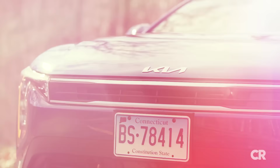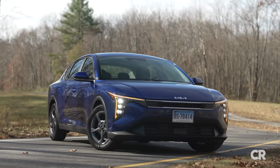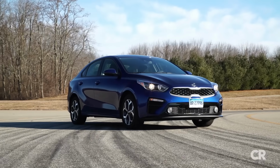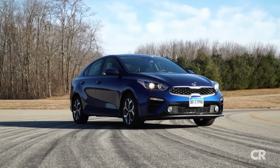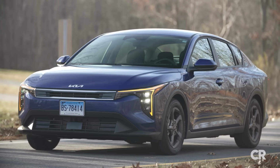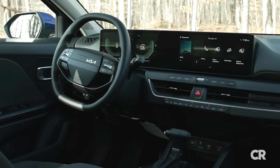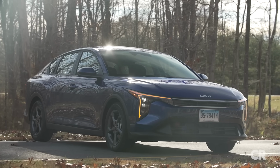So that's the review of the brand new Kia K4. Subcompact sedans and entry-level cars like this tend to make their owners deal with some sort of major bummer. We know that the Forte had two pretty big ones, and they often are making excuses for their purchase that end in something like "for the price." But this K4 does a pretty good job of making itself feel more expensive than it actually is. It might not fool you into thinking it's a $48,000 car, but this isn't just a good car for the class, it's just a good car,